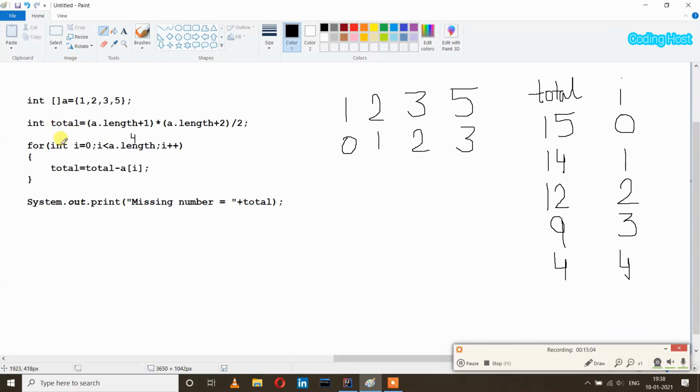After that, with the help of a for loop, we will subtract all the elements of the array one by one from this total. So the sum in this total variable will be reduced by the elements of this array, and in the end only the missing number will remain in this total variable, and after that we will print it in the output.